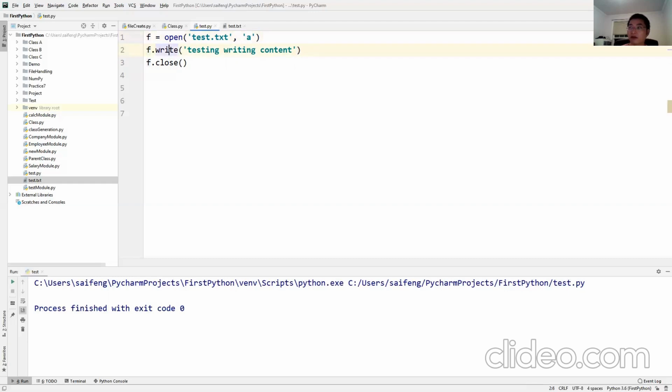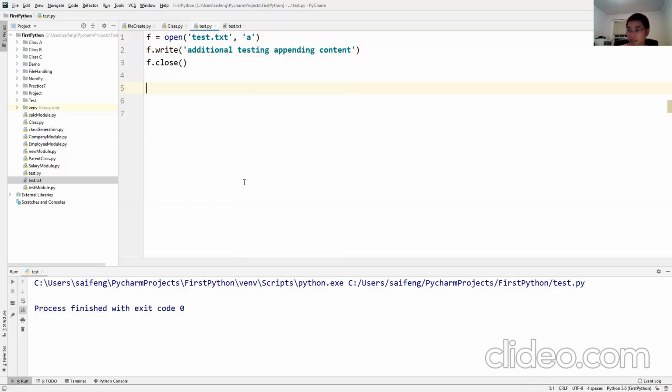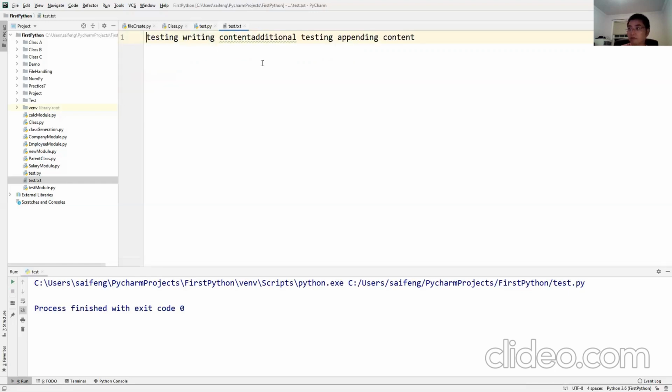So now, if I said f.write, okay, again, we are also still in the write mode, additional testing, writing, or appending content. Okay, so now if I run this, compare, what do you see?